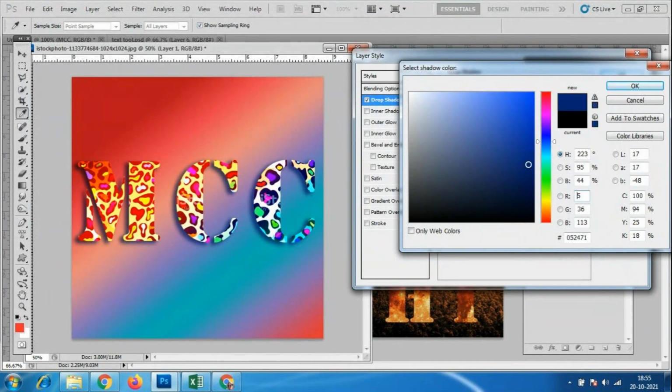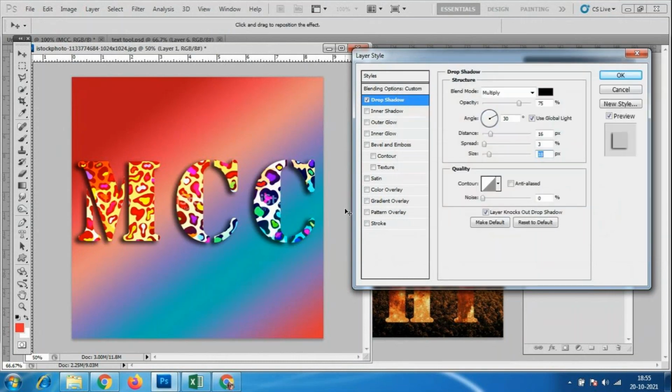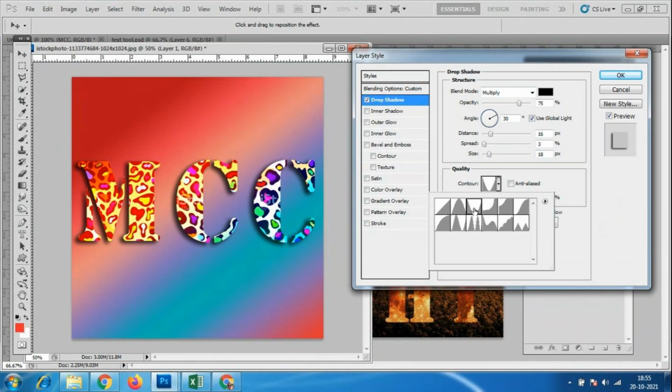So any of the changes, any of the colors, we can do the changes. Okay, I have given this black color only. So in this we have multiple options. If I click on here, see, look at this text effect. So we have multiple options.